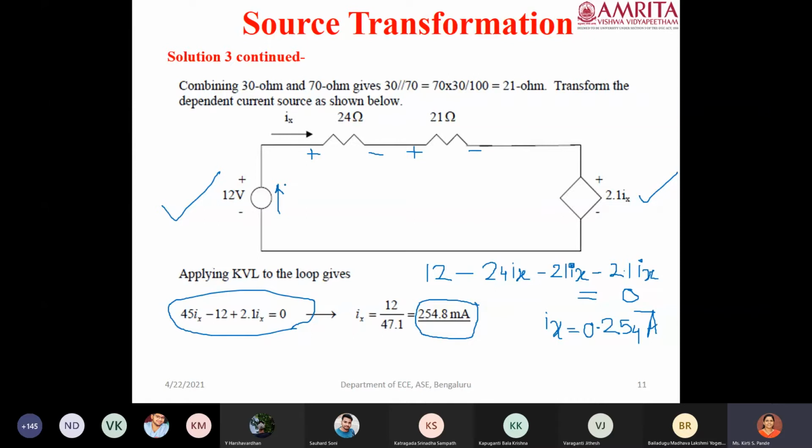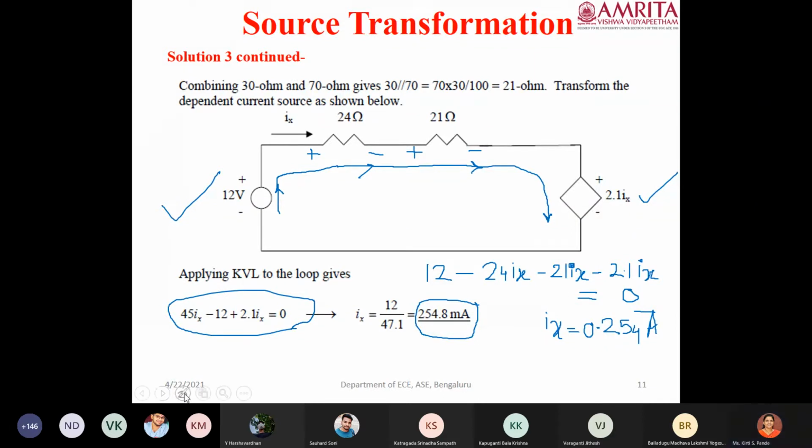So plus 12 volts. Then another element has been crossed. So what is the reaching terminal of this element? That is negative. So here again same thing. I'm crossing the third element now. So what is that? Reaching terminal is negative. Now again I'm crossing another element, which is a voltage dependent voltage source, and reaching the negative terminal of that. So whatever is my convention, normally I always consider the reaching terminal, but don't mix up.